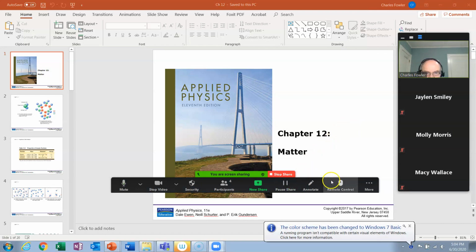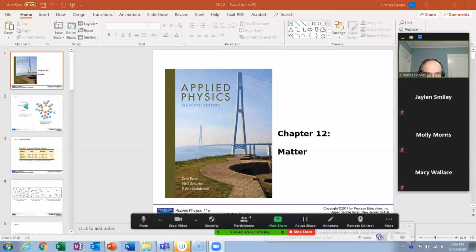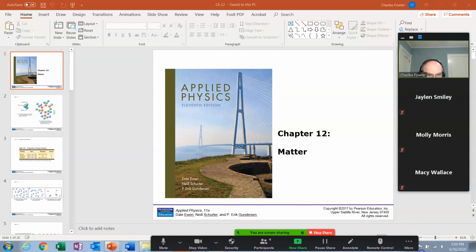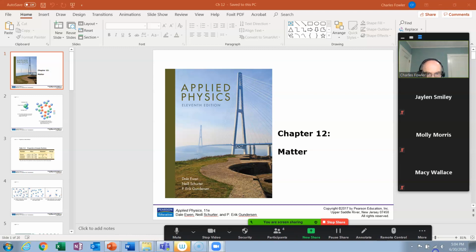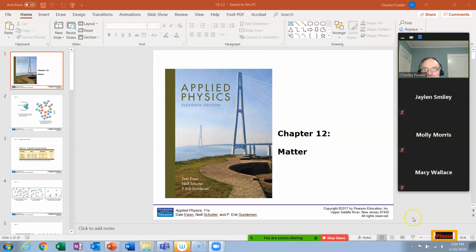Okay, so let me drag this down to the bottom. Okay, and let's see if I can find the current slide we're on with this one. I believe we're at the beginning of density, so that will be